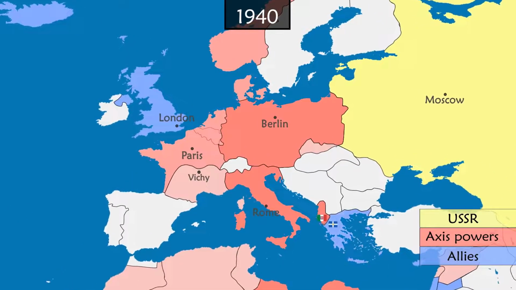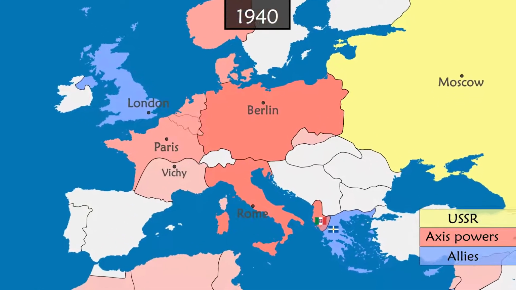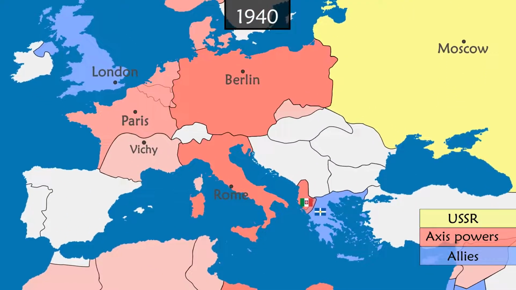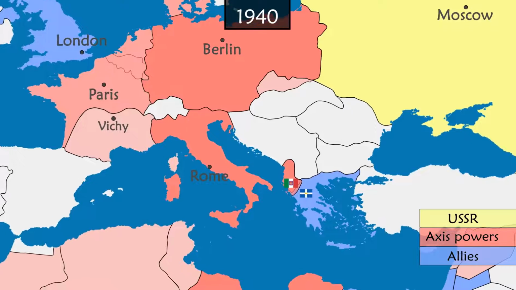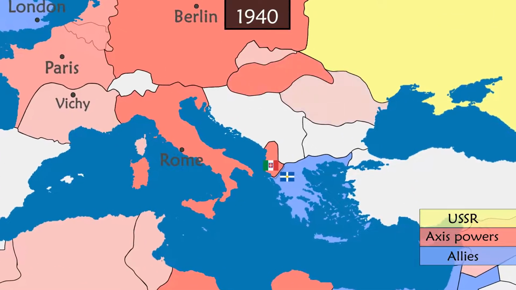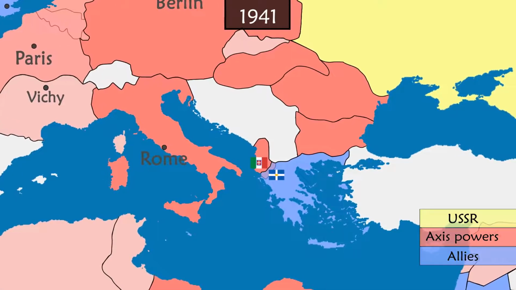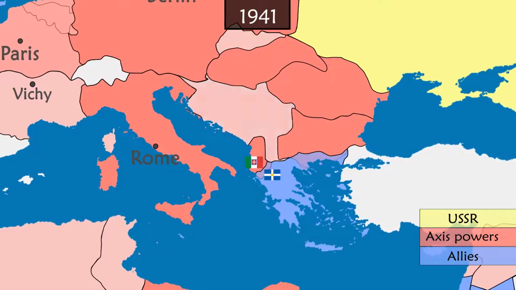Hitler then changes his plans. He now wants to invade the USSR. But the plan is delayed by Italy, that fails to invade Greece and is forced to retreat by Allied forces. After the accession of Hungary, Romania and Bulgaria to the Axis forces, the German armies head south to invade Yugoslavia and Greece.